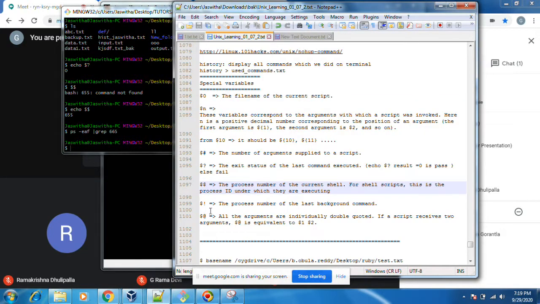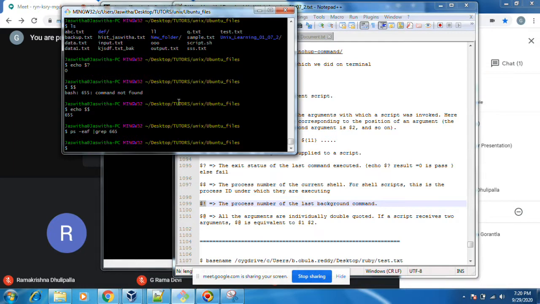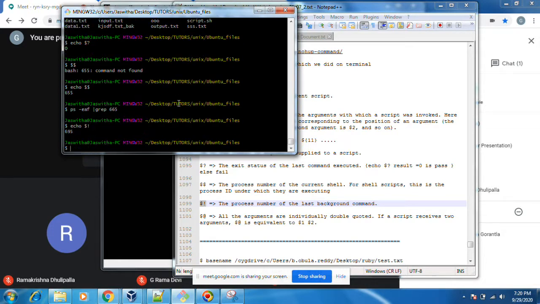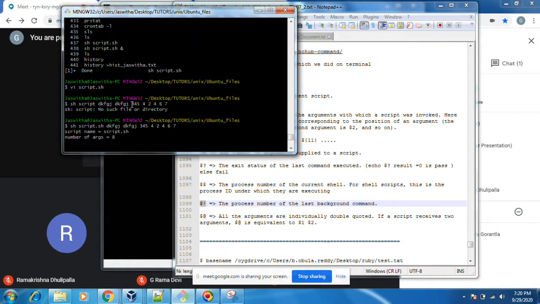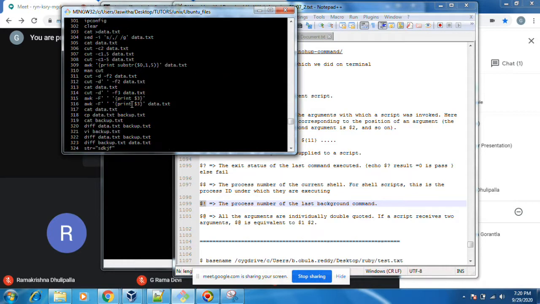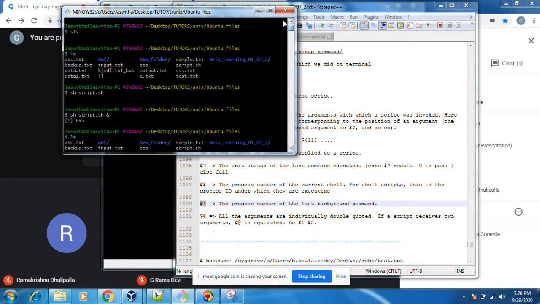Dollar exclamation means the process number of the last background command. We ran the command in the background now using dollar exclamation. It will show like this: 695.